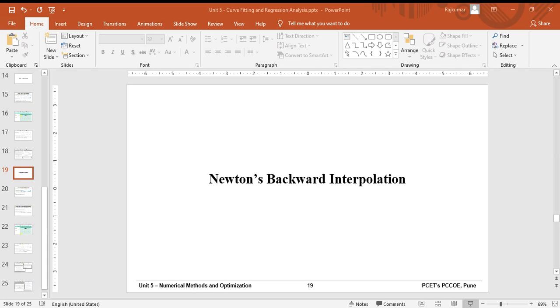Then once you get all these values, then write the Newton for, sorry, here also we need to write backward, so this is wrong. So here you need to write the Newton's backward interpolation formula. So this is the formula for the given problem. Then put the values in this equation and you will get the answer